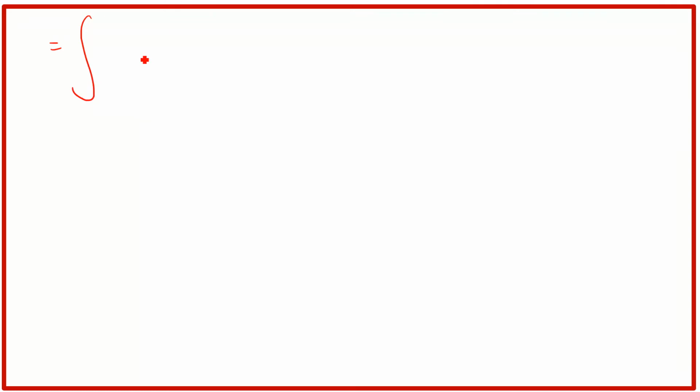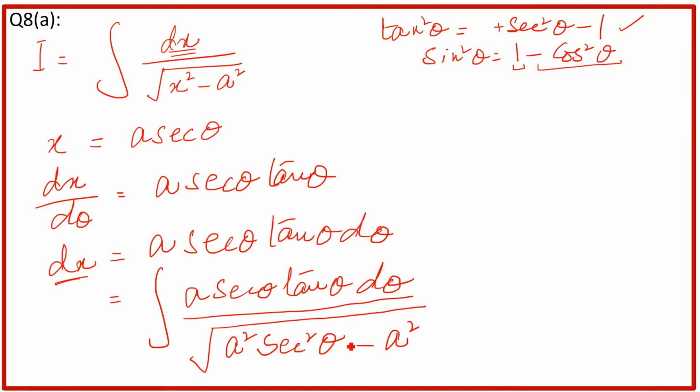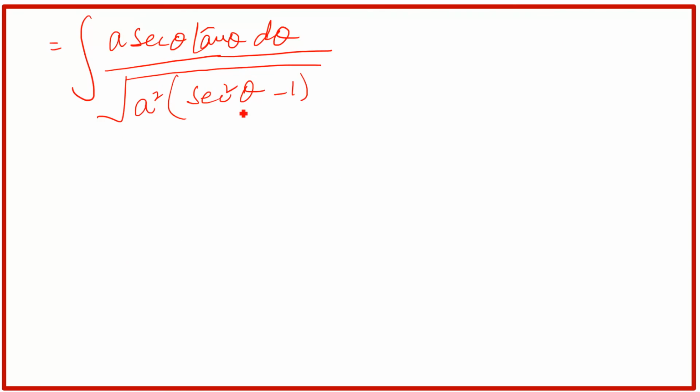The numerator will remain the same here, which is a secant theta tan theta d theta. In the denominator, we can take a square as a common. So in the parenthesis, we have secant square theta minus 1. I will show you from here. See here, a secant theta tan theta d theta will remain the same in the numerator, while from the denominator, you can take a square as a common. So a square as a common. Right? Okay, now